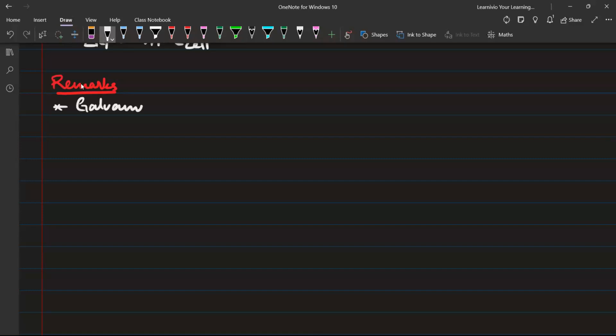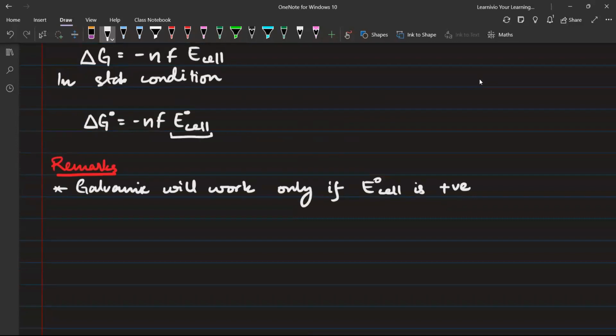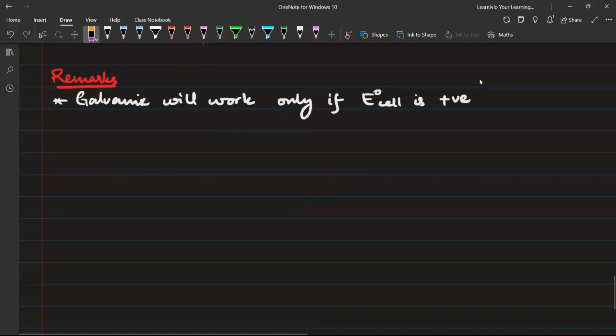Galvanic cell will work only if E naught cell is positive. Why? Because when E naught cell is positive, what will the overall delta G be? Negative. Delta G negative means it is a spontaneous process. That's it. So when E naught cell is positive, it's positive because